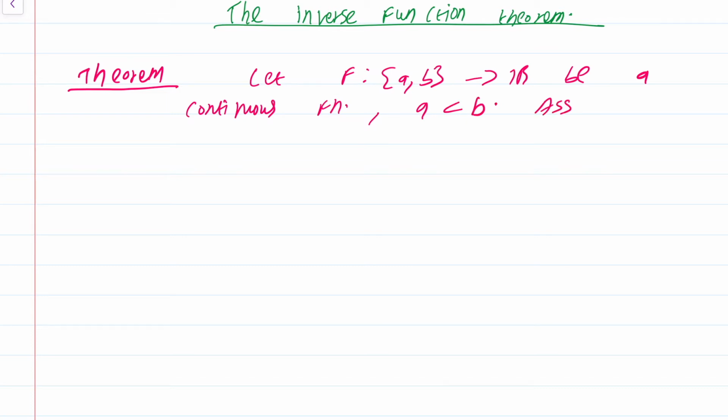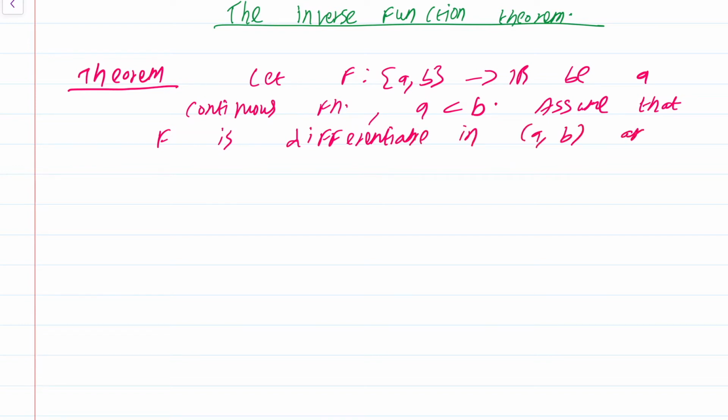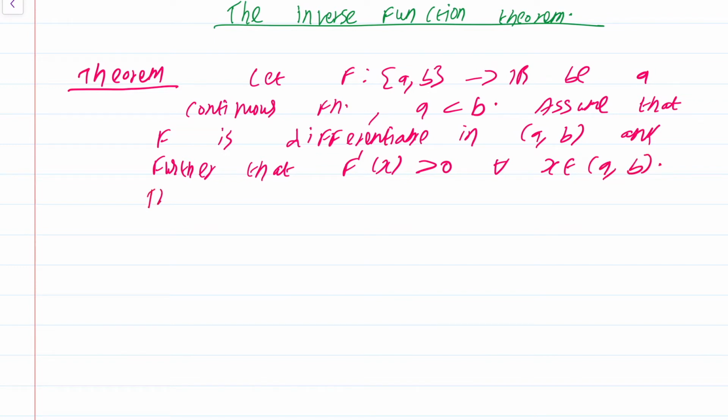Assume that f is differentiable in the open interval (a, b), and further that f prime of x is strictly greater than 0 for all x in (a, b). Then f is invertible